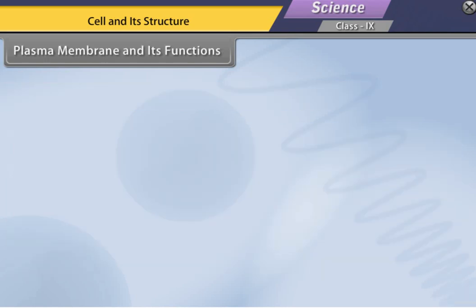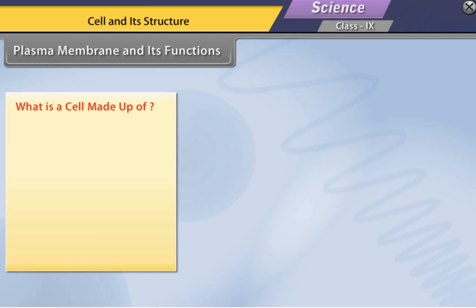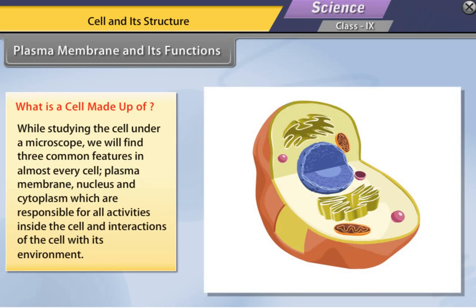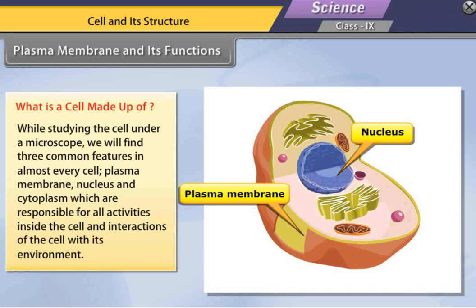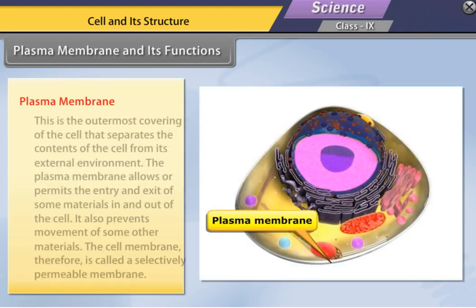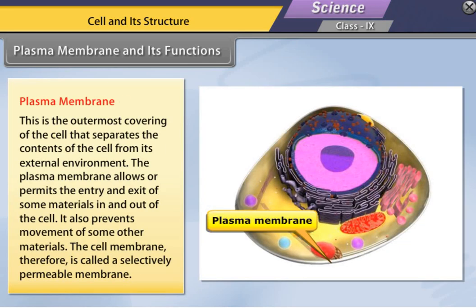Plasma membrane and its functions. What is a cell made up of? While studying the cell under a microscope, we will find three common features in almost every cell. Plasma membrane, nucleus, and cytoplasm which are responsible for all activities inside the cell and interactions of the cell with its environment. Plasma membrane. This is the outermost covering of the cell that separates the contents of the cell from